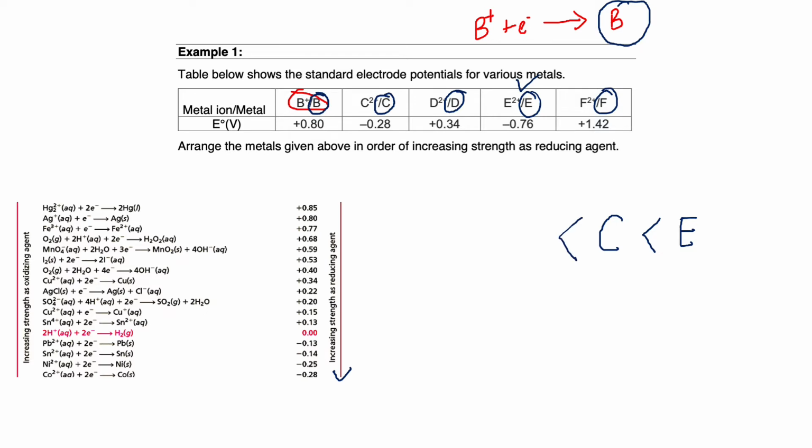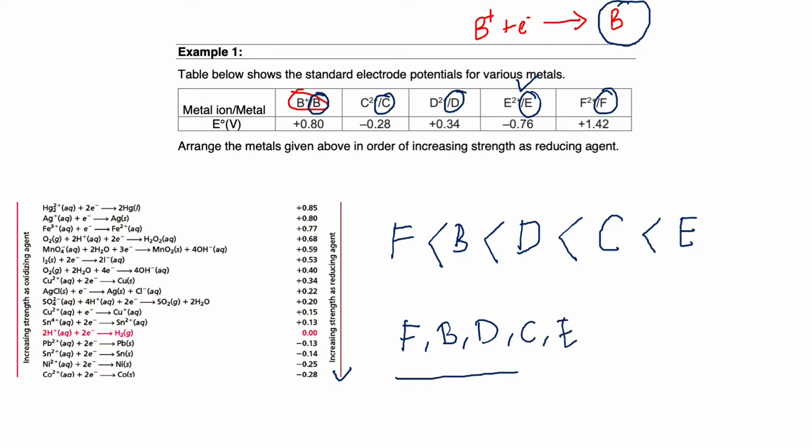The third will be D. The fourth will be B. And lastly, we have F. So we can say that F is the weakest reducing agent among all these 5 metals. So this is the first method to write your answer. The second method, you can also write like this: F, B, D, C, and E. Put an arrow here and write